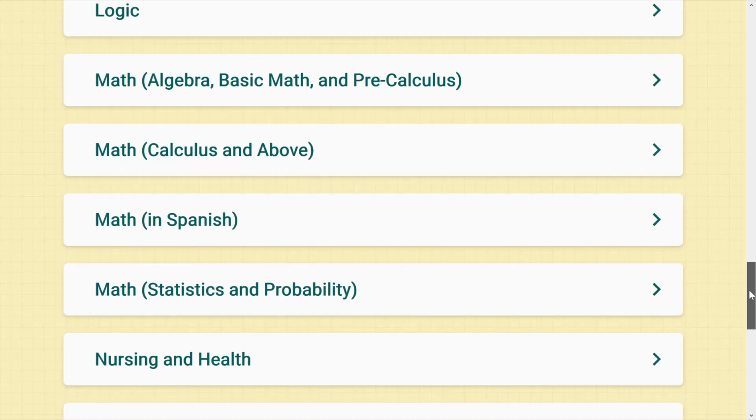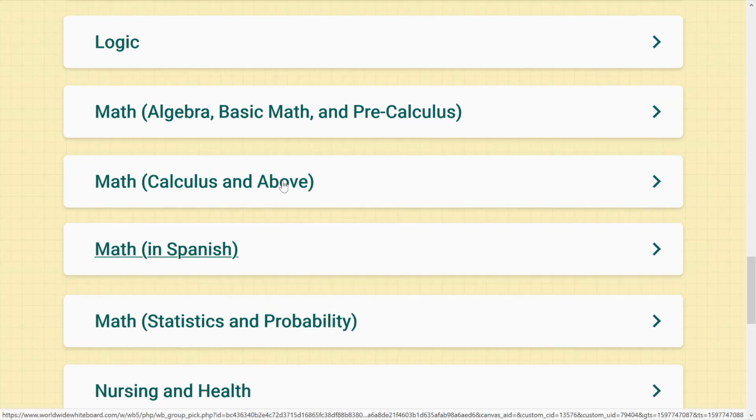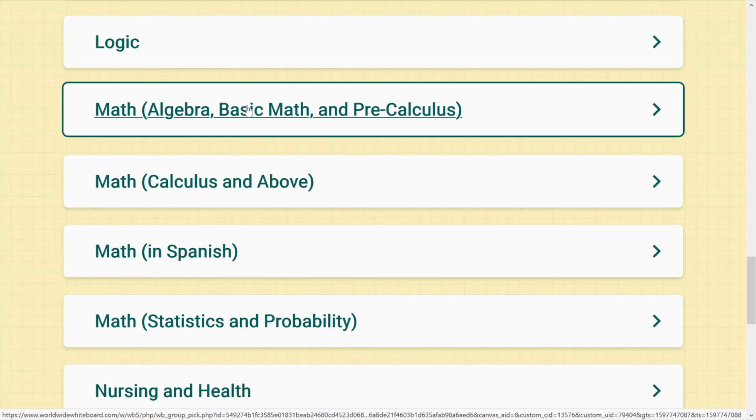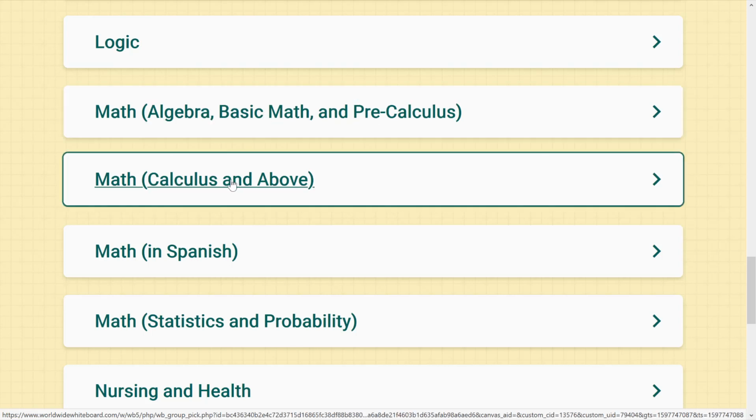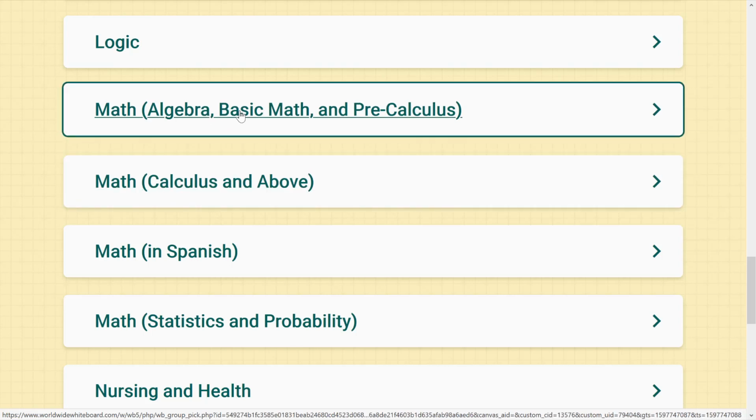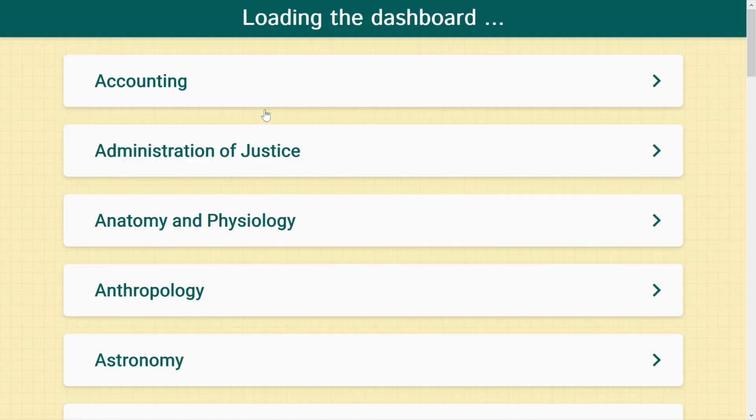Okay, so the only other thing that we've got to do is this right here. So algebra, basic math, and pre-calculus, that's one setting, right? And calculus and above is the other. So I would venture to guess this right here is what you want, it's not the calculus sequence, that's why. So if you want to click on it here, you go to here, and then you have two options of how you want to